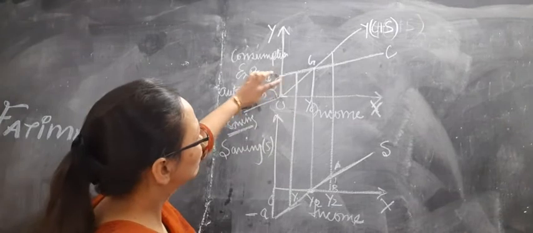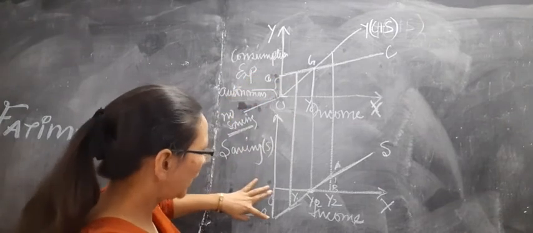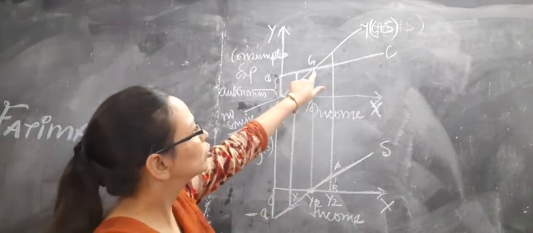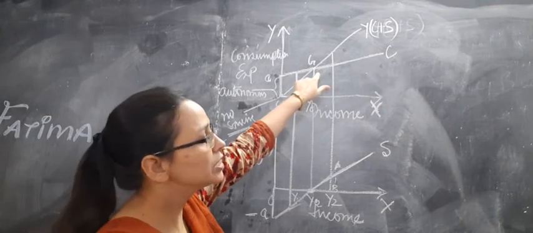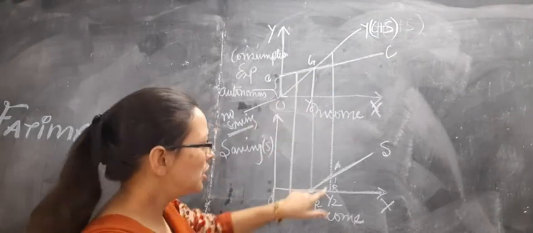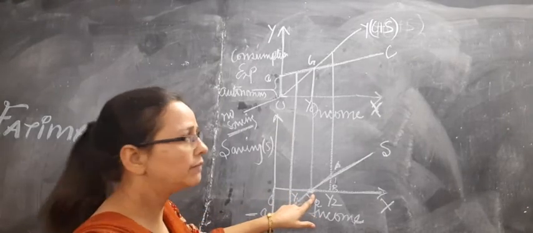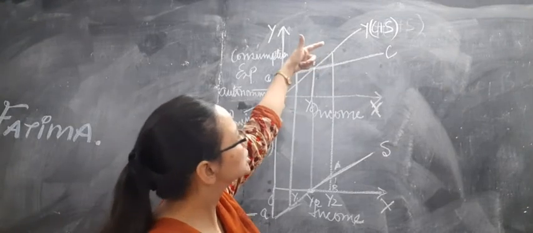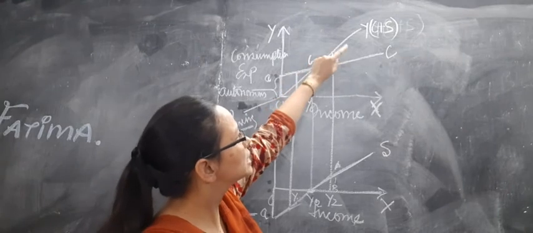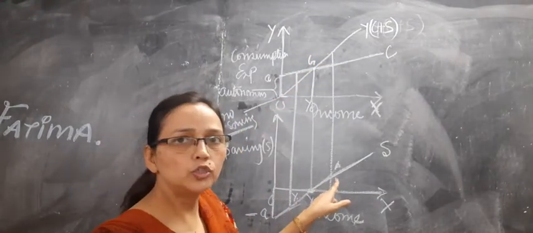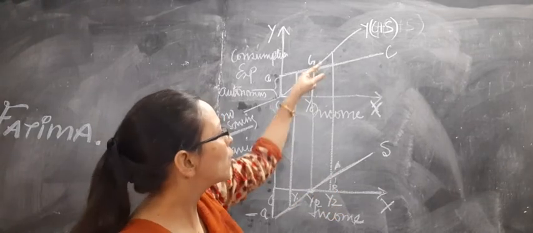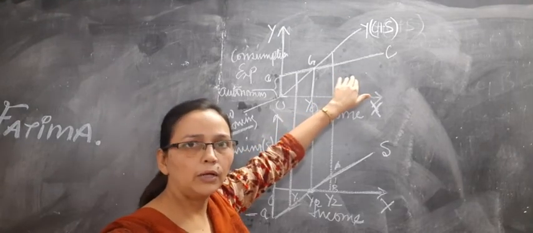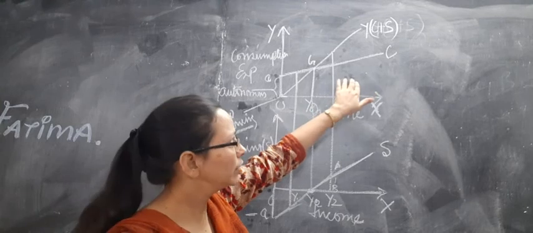So when there is no saving, it is shown in the saving panel by the negative line below the axis, minus A. When both lines intersect each other, whatever is earned by the consumer is consumed, so saving is equal to 0 in the saving panel. Then the third stage is the Y2 level of income. When income increases beyond this level, consumption is less than income, which means positive saving by the consumer by the AB amount. This is how we derive the saving function, or the saving panel, from the consumption panel. The rest of the illustration I will give you through the audio.